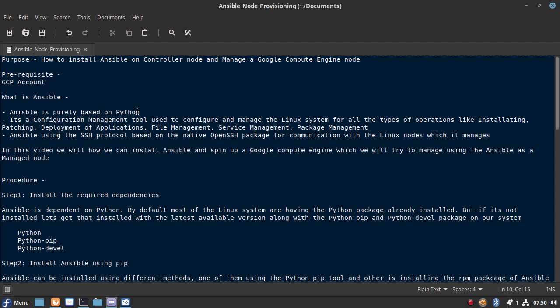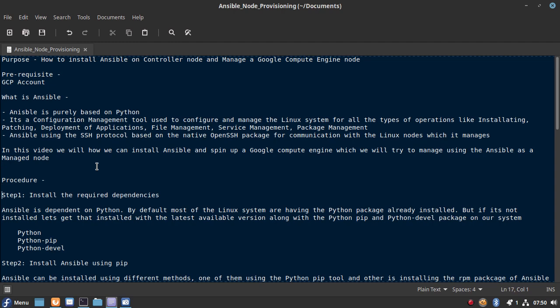Ansible is purely written in Python, and it uses the SSH protocol for managing the Linux instances. It uses the OpenSSH package within the Linux system for communicating with the Linux machines which it is going to manage.